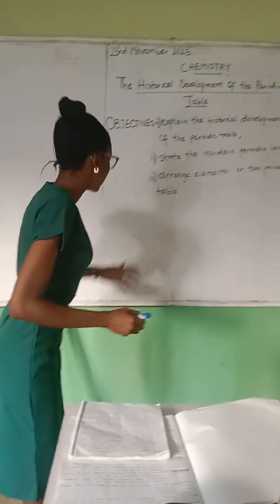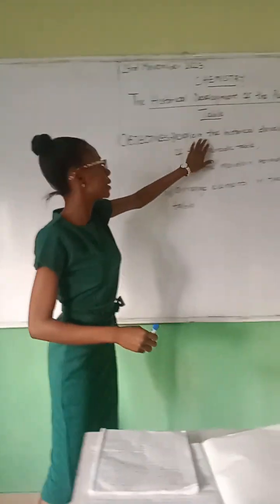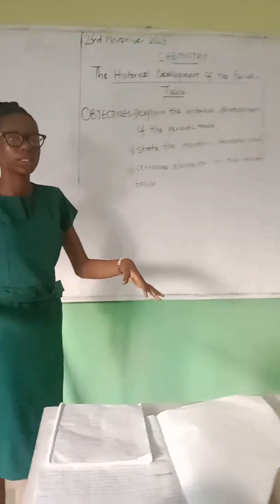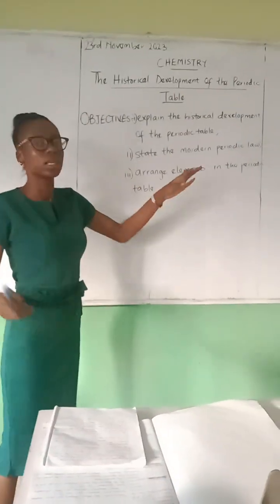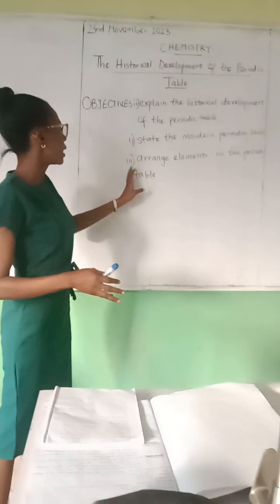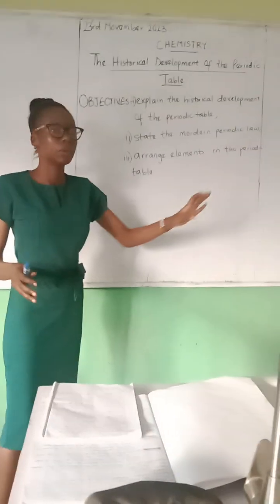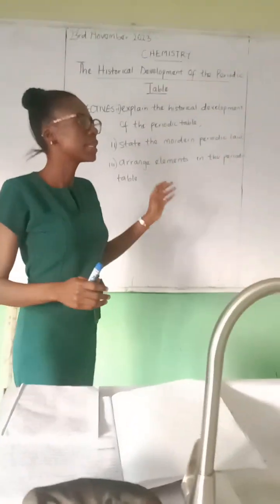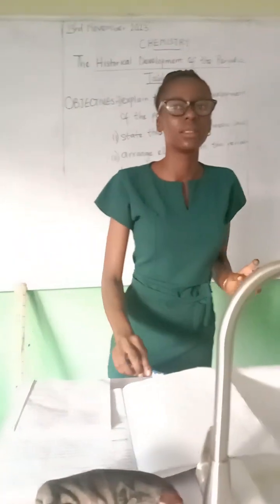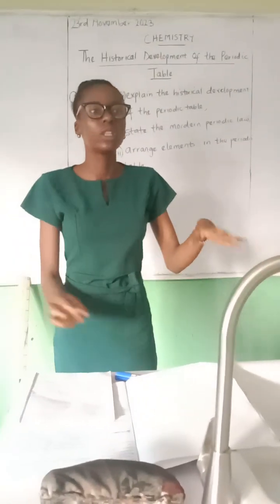So, like I said earlier, the first objective was to explain the historical development of the periodic table. The second is to state the modern periodic law. And the last is to arrange elements in the periodic table. So, let me start with the first objective of today's lesson, which is to explain the historical development of the